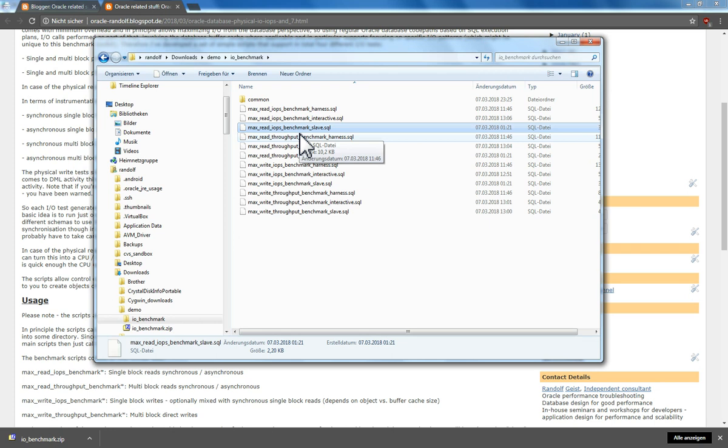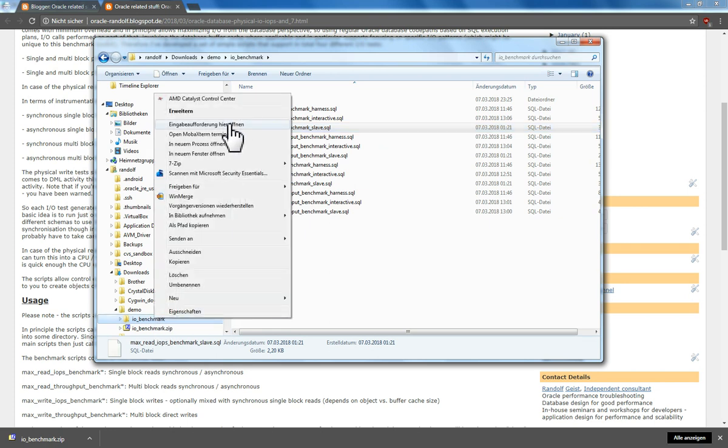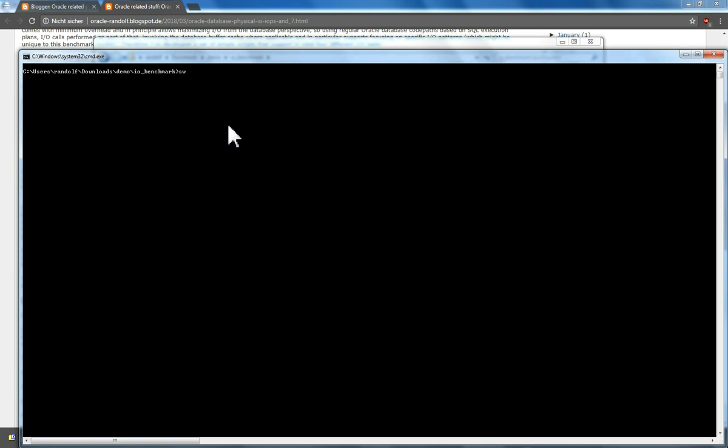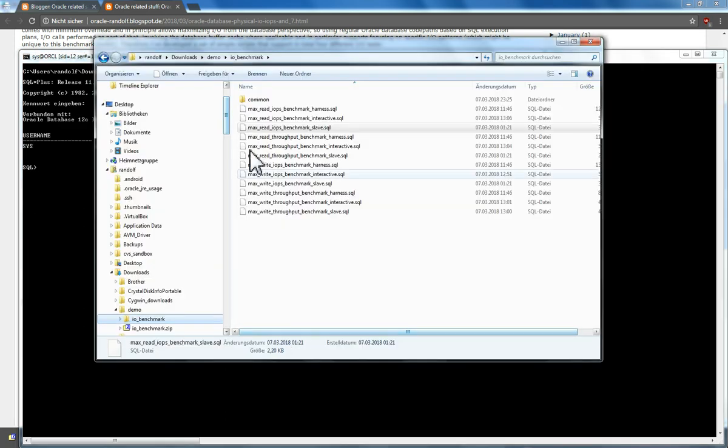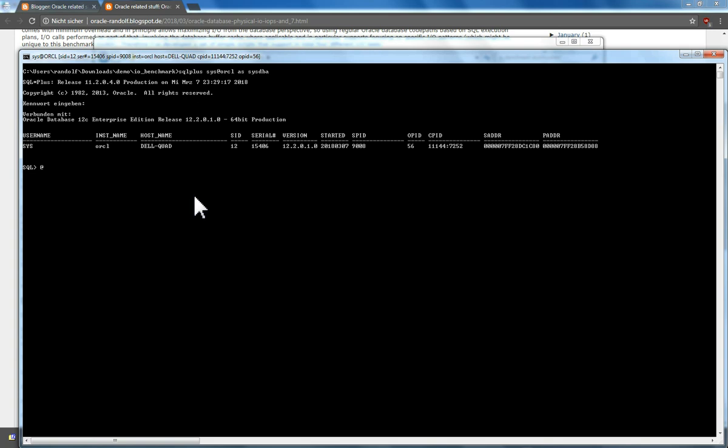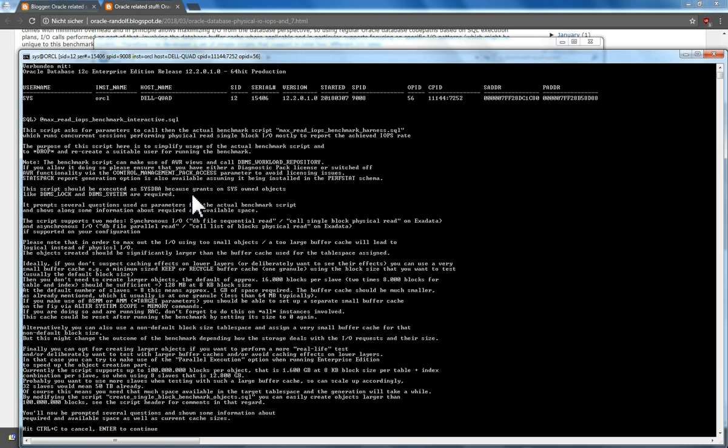So assuming this is my local database server running on Windows, I can go to this directory here, connect as sysdba to my database, and then launch this interactive version here, in this case for this single block physical I/O, which will give me this introduction giving you some details what this is about, that it will drop and recreate a user that is supposed to run as sysdba,